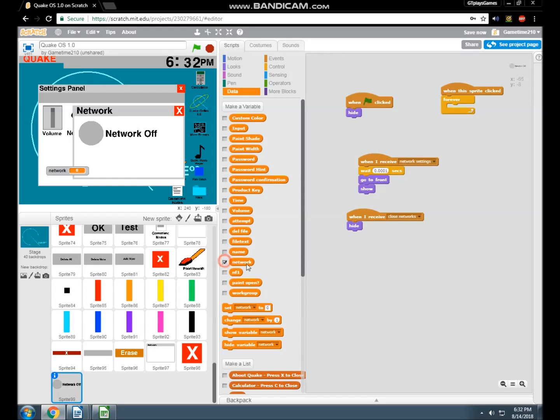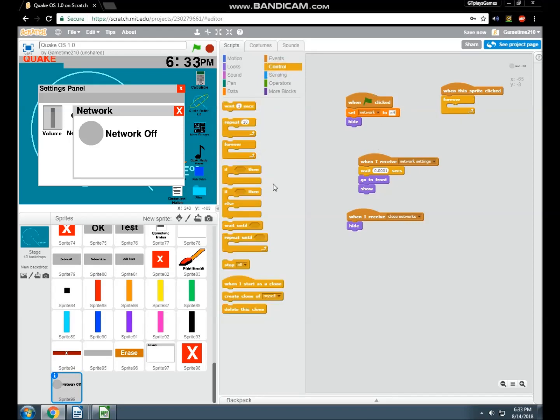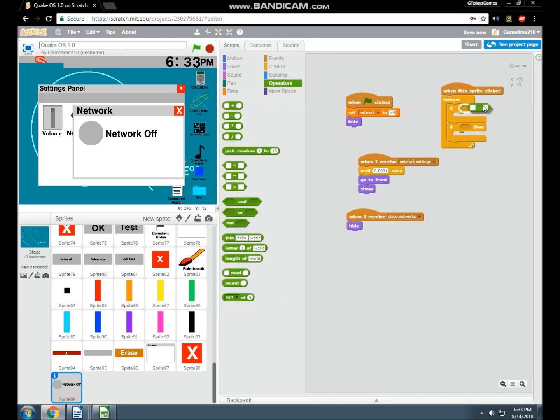As you can see there, I'm going to uncheck that. So then what we're going to do, set network, oh crud, set network to off. And then this one will be on. So forever, we're going to do two ifs. I think this is what we're going to do. We'll change it later if we have to. No, it's not equals. Oh yeah, it is equals. Okay, so put that there. And put that there.